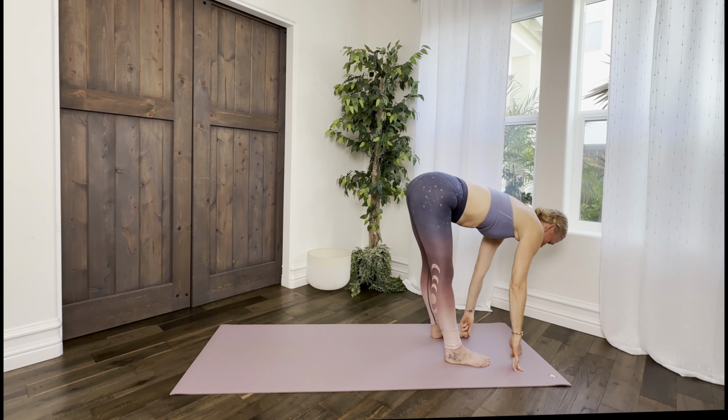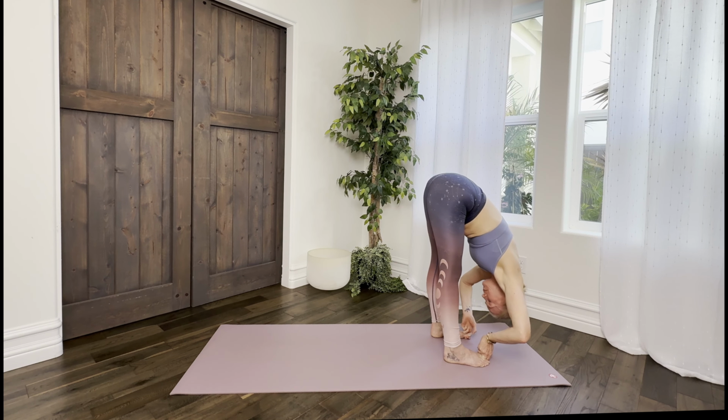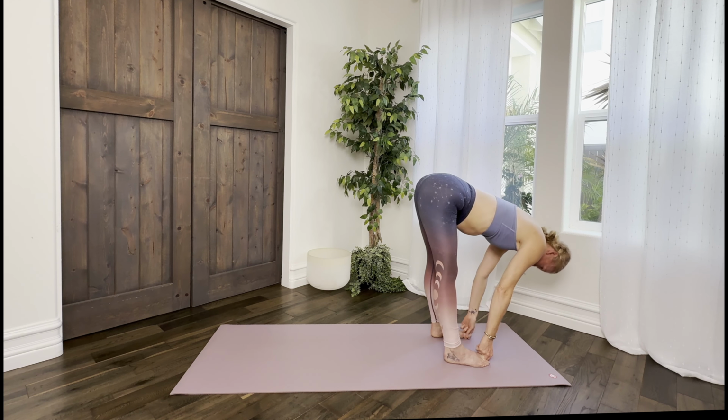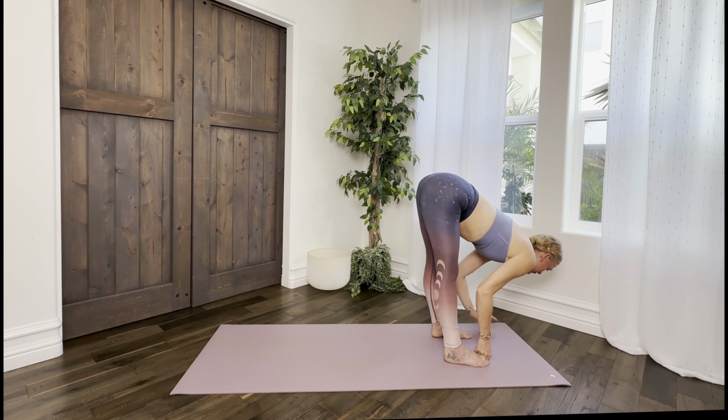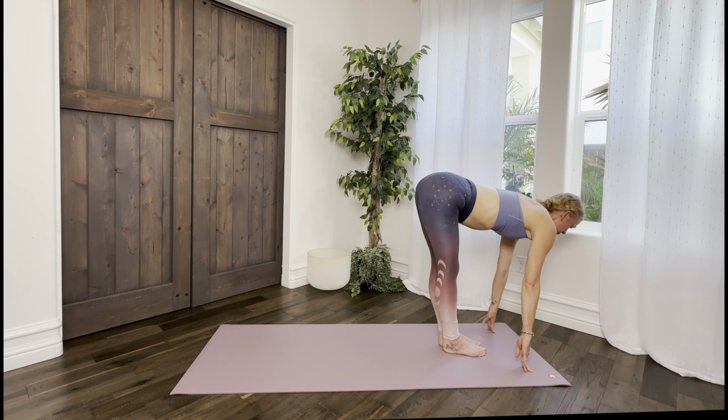Separate the feet mat distance, and then let's take the two peace fingers of each hand and wrap those around the big toes and fold forward. Elbows moving out toward the sides of the mat. On your inhale, lengthen the spine, release the hands back to the mat, heel toe the feet to touch, and